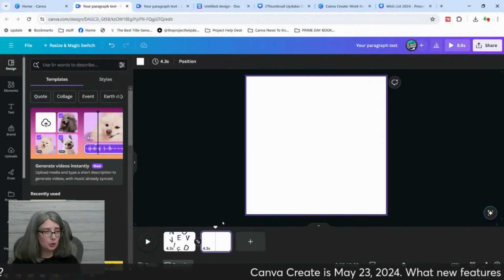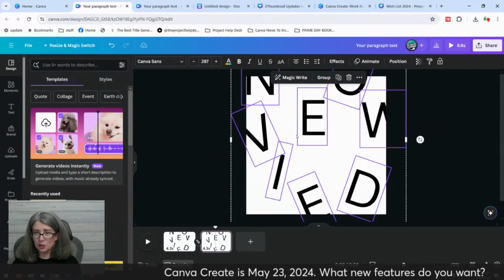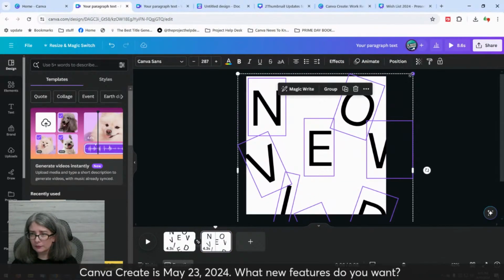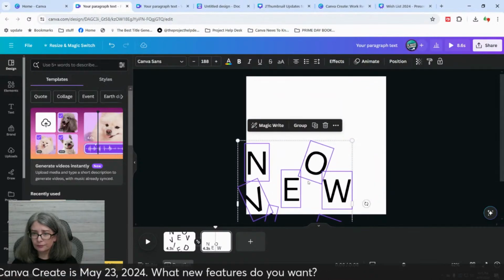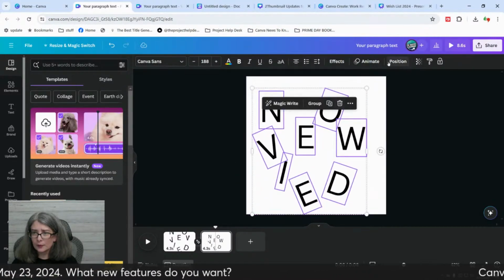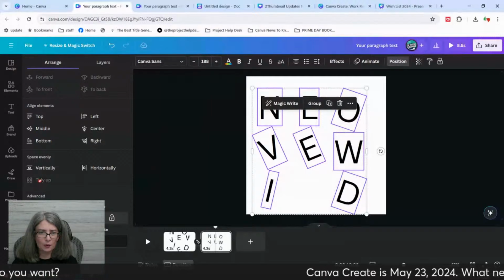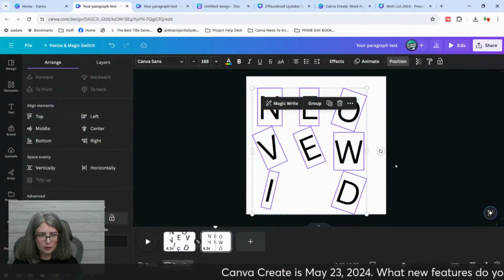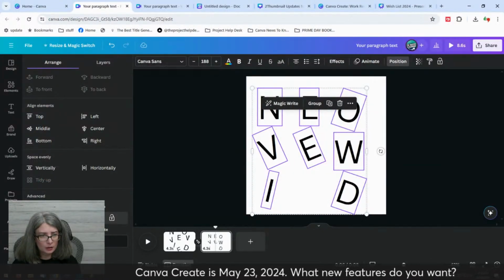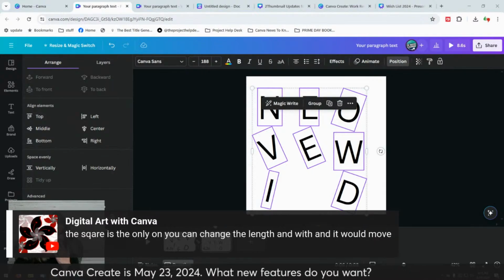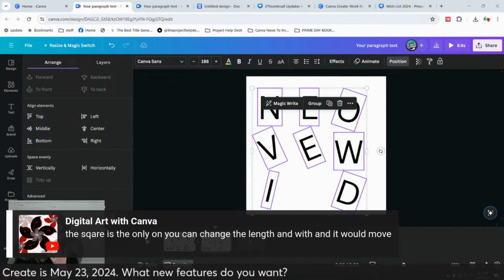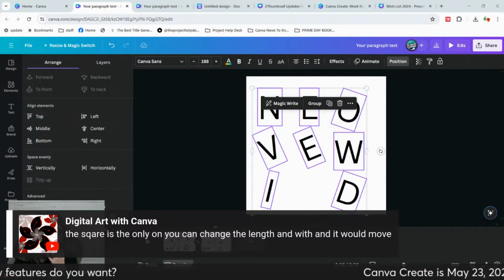I was trying to do a fun animation. Let me click position and tidy up. Oh, that did not work. The square is the only one you can change the length and width and it would move.